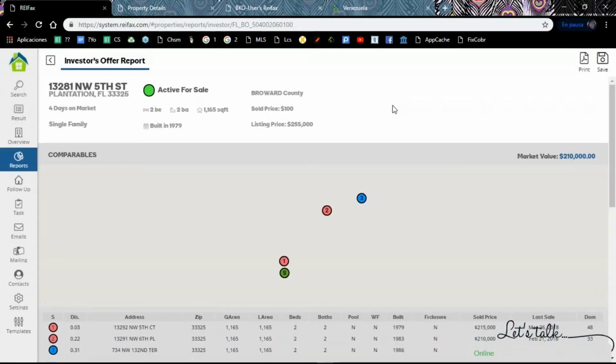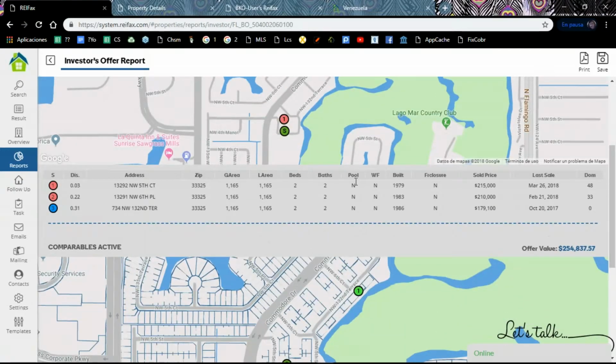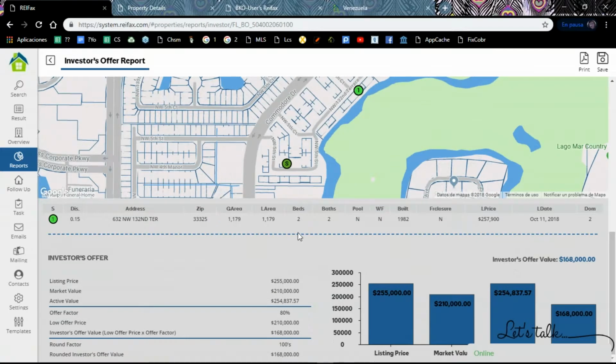If I click on apply, it will actually show me a report and show me exactly what it did to calculate that. For those of you that do not have the Freddie Investor, when you're in the follow-up of your property, you'll have the calculate button. With the calculate button, you just calculate a straightforward, let's say 80% of the listing price. The Freddie Investor uses the comparables and the active comparables and calculates